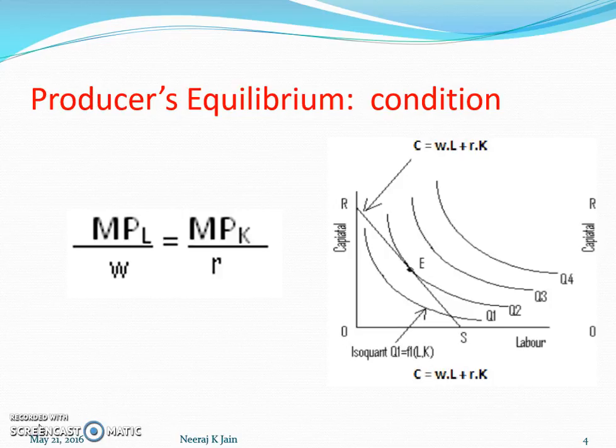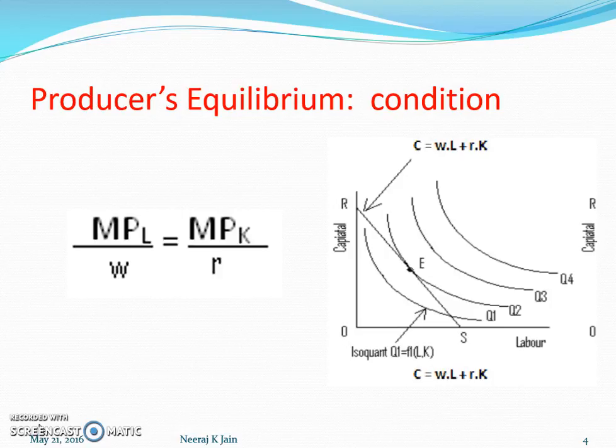While we talk about the producer's equilibrium, the production function needs to be maximized. This production function graphically is represented by an isoquant map, which is the function of some isoquants, that is iso-product curves. Here in the graph, Q1, Q2, Q3, Q4 represent the specific isoquants, and the set of these isoquants is termed as isoquant map. The production maximization means reaching to the higher and higher level of isoquant, that is from Q1 to Q2 to Q3, Q4, etc.